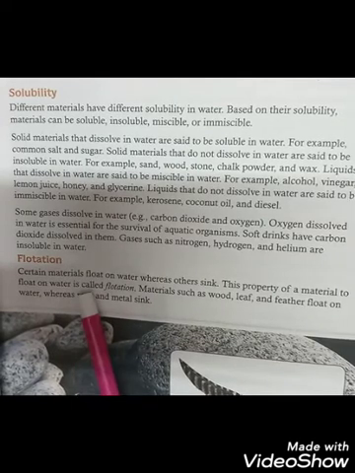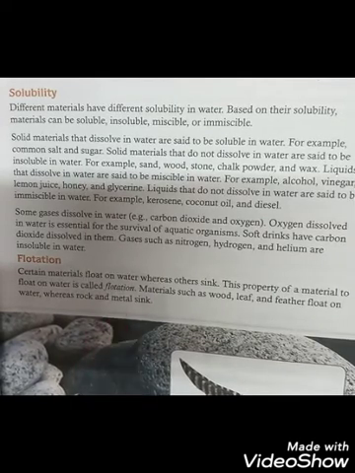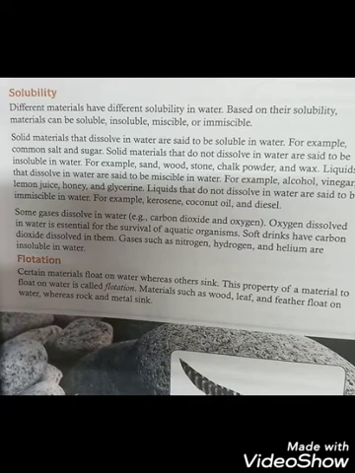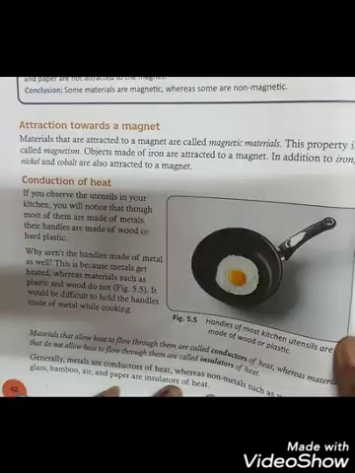Next is flotation. Flotation means the ability of the material to float on water. Not to sink, but to float on water. So some of the materials will float on water, whereas the heavier ones will sink. Like a feather will float on water, but the stone will sink. A metal will sink, but the wood and the leaf will float. So some materials will float and some will sink in water. So on the basis of this also we can sort the materials into groups.